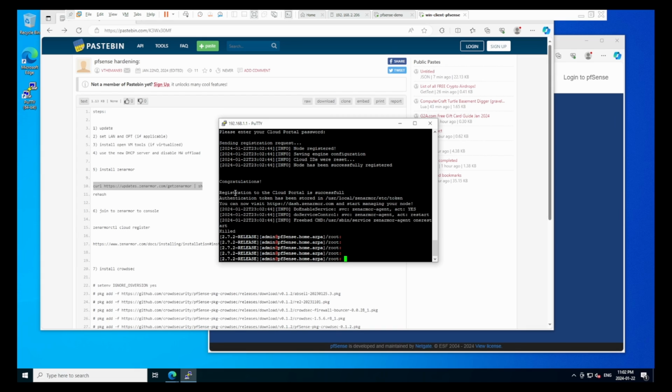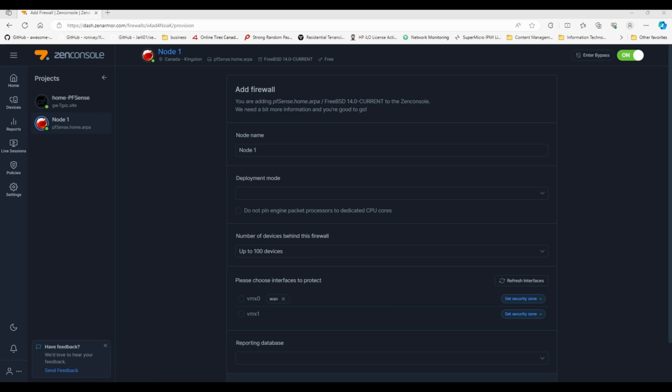Once you have completed the registration, you are going to see a message saying registration to the cloud portal is successful. And now we have to transfer over to our ZenArmor dashboard. We are now finally inside the Zen console dashboard, and we are ready to finally accept the ZenArmor deployment that we just finished installing. Under node name, put something that is easily recognizable for you. For me, it's going to be VMware